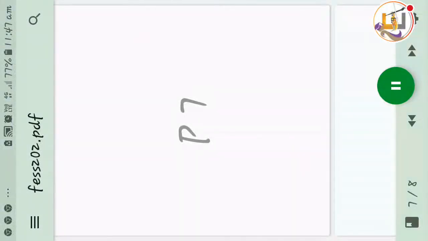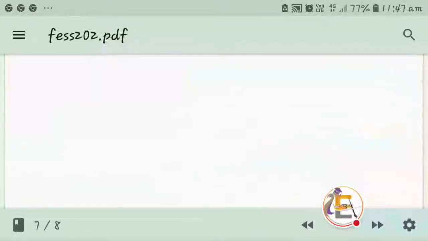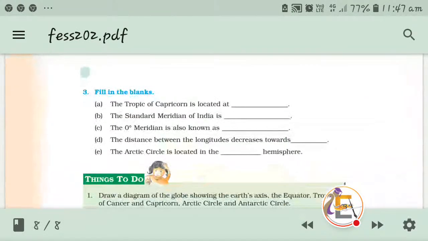Globe, latitudes and longitudes. 3. Fill in the blanks. A. The Tropic of Capricorn is located at